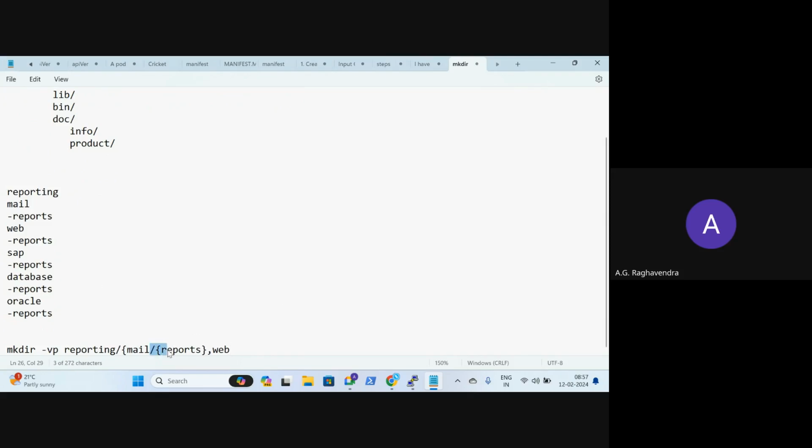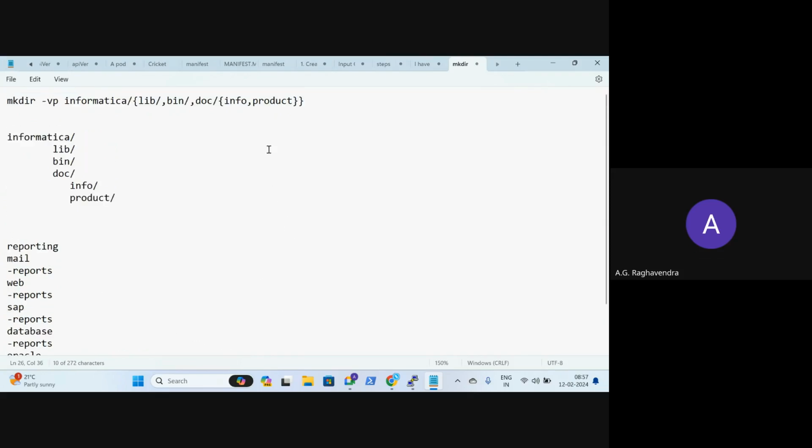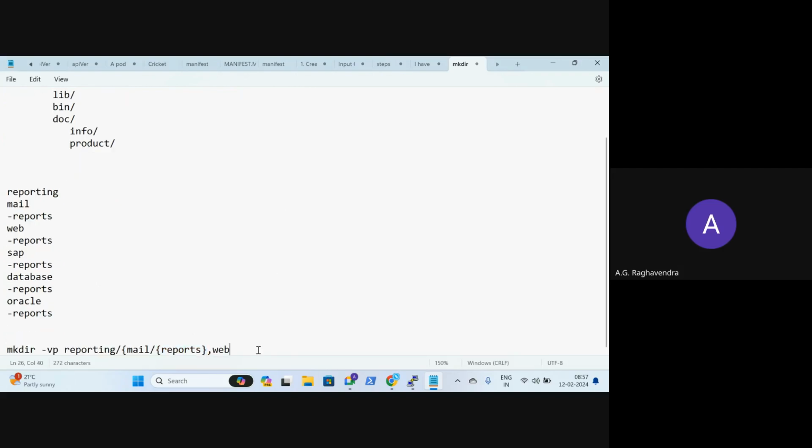Under web, I have another bracket, reports, comma, SAP, same thing, comma, database, same thing, comma, Oracle, same thing. Now I'm going to close it because I started here, I closed here. Let me do it and see if our logic is right.